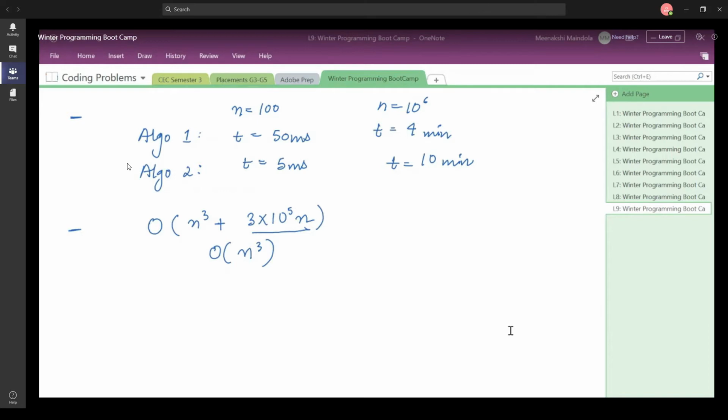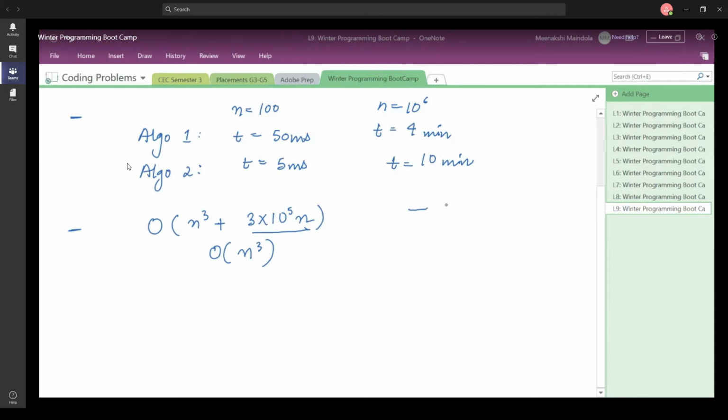We say that if you have a certain time complexity, so let us say you have created a program, and in that program you are performing an n cube operation, and then you're also performing order of n operation. Let me give you another example for that. You are creating a program in which you are doing matrix multiplication, say for example. And you are performing matrix multiplication using an order of n cube time solution.